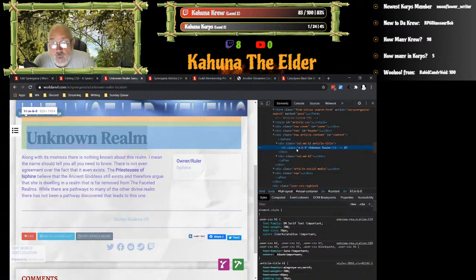Which means that you could have something that styles your header ones, but you could have a separate one for header ones that are H1 dot M-B-0. So you could have actually two different header ones depending on where they are on the page.